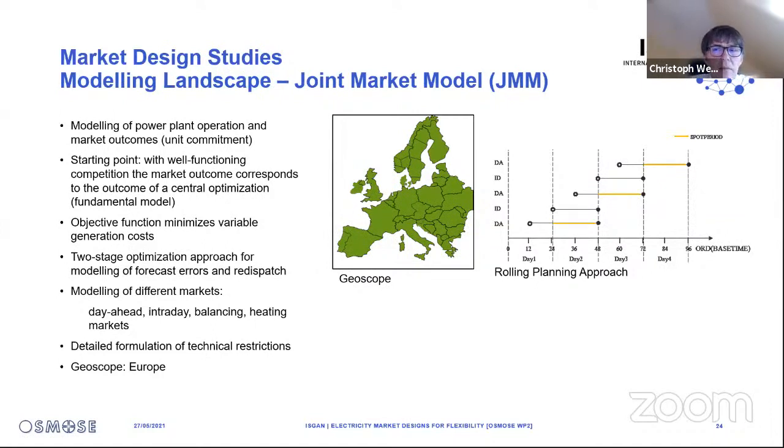And besides the basic market clearing equations, the model also includes a lot of technical details on CHP plants, but also on conventional thermal power plants, and obviously on renewables. Next slide